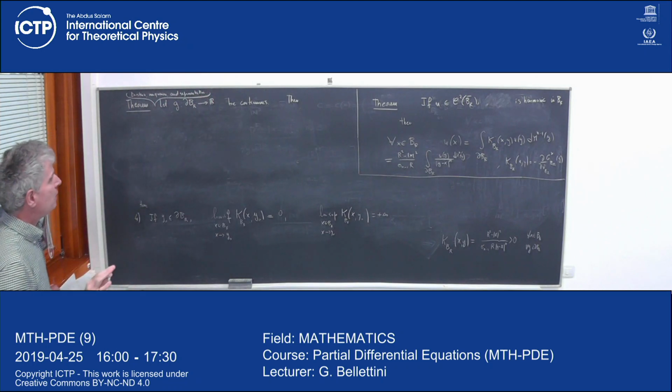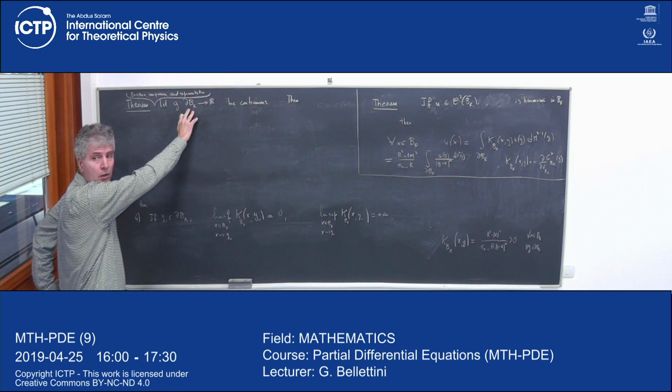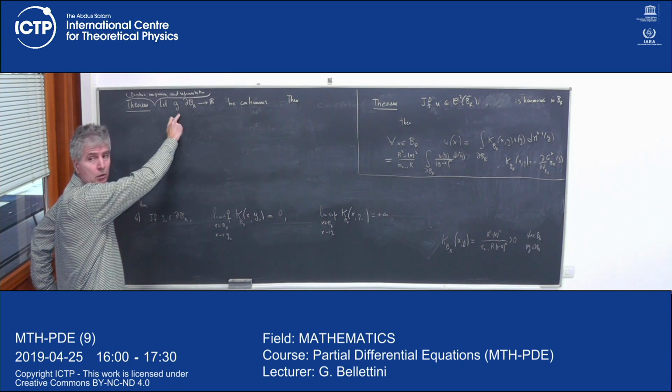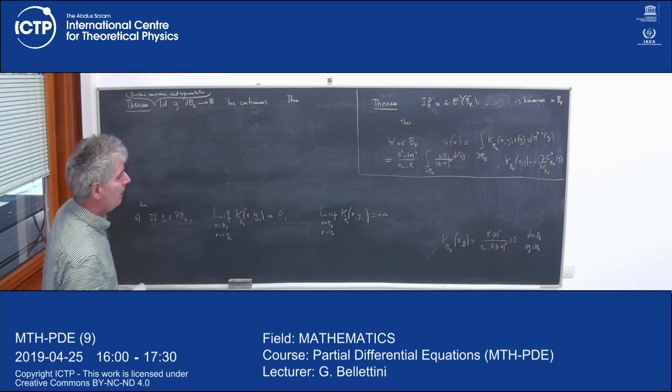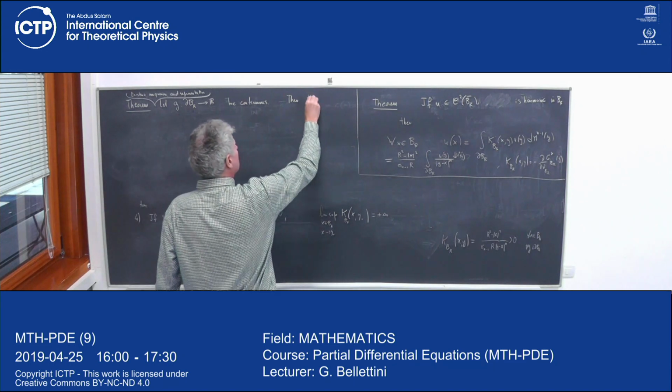So our assumptions are that omega is a ball, first strong assumption, and G is continuous. Okay? So then there exists a unique solution